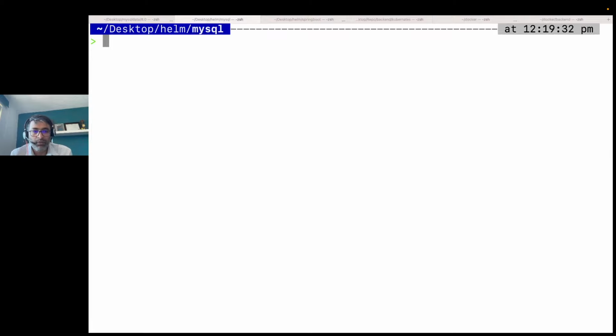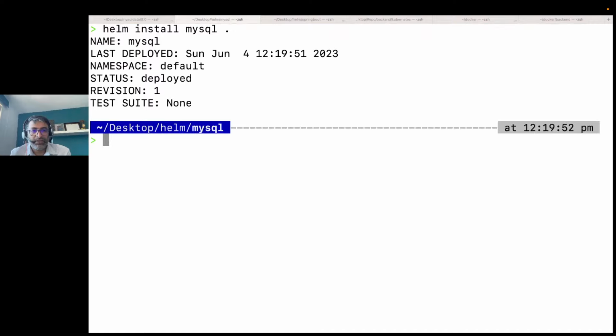Now using the Helm chart, I will install my MySQL. I will say helm install mysql, and my chart is present in my current working directory, so that is what I'm going to give. If I say that, it says status is deployed, and the version is 1. So if I go and check with my kubectl command,